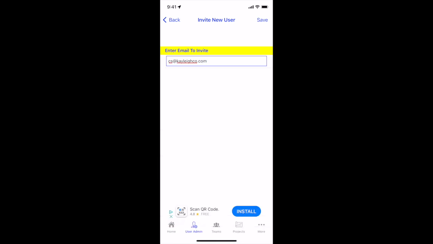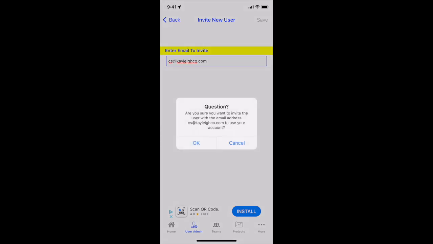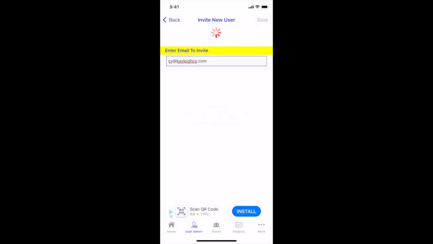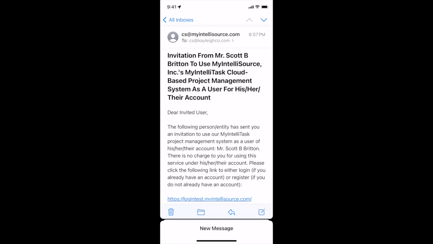Once we hit the Save button, we are going to be forwarded back to the Unaccepted Invitations list. If you wanted to cancel an invitation, click on the user row and then click the cancel button. Instead, I will switch to my email to show you what the user receives when being invited. This is an example of the email the user receives. All he or she has to do is click the embedded link, either register if not already a customer or log in,